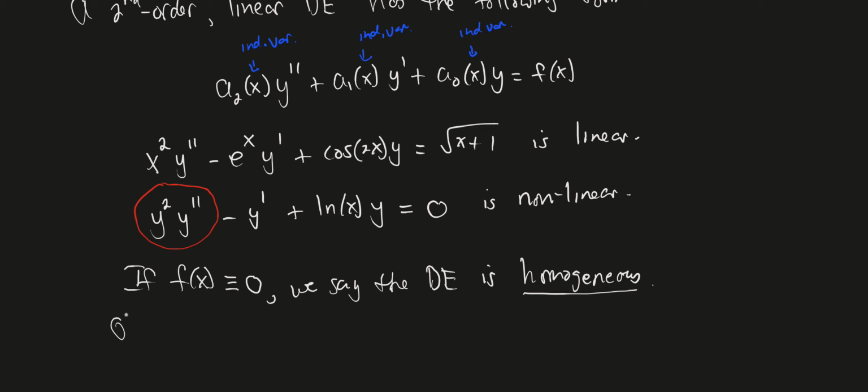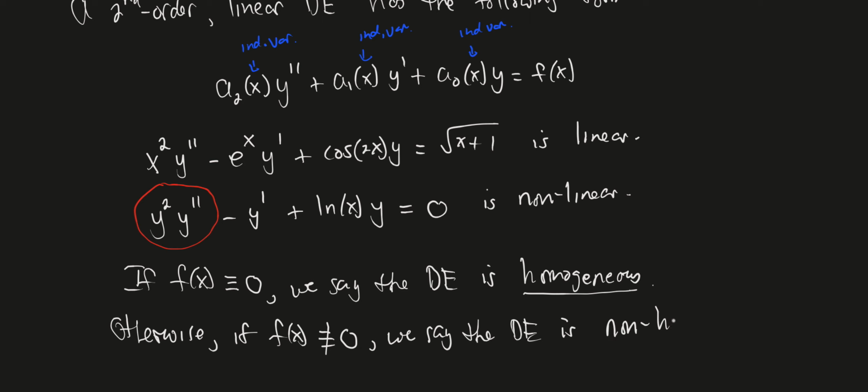So otherwise, if your function is not identically equal to zero, so if you have a non-zero function over on the right hand side, then we say the DE is non-homogeneous, right? And in fact, these two examples illustrate both of those ideas. So this first equation here is linear and it is non-homogeneous, right? Whereas this one is non-linear, but it is homogeneous, right? So again, because on this side, the function is identically equal to zero. So this one would be homogeneous,